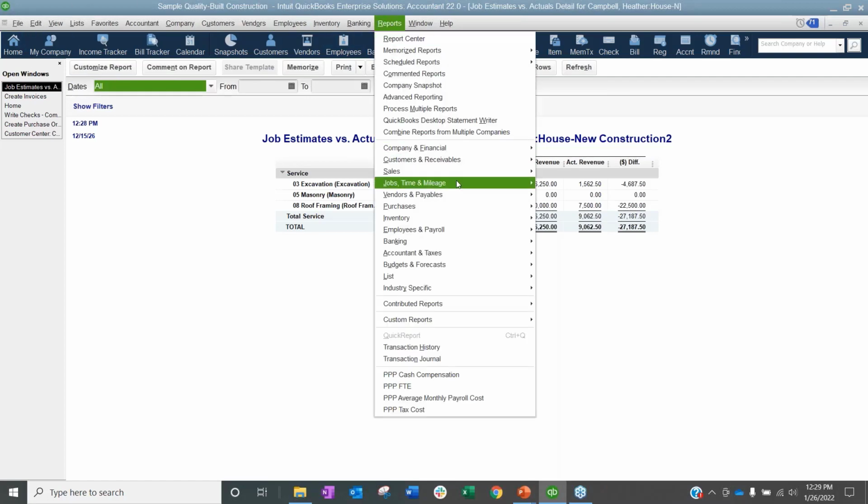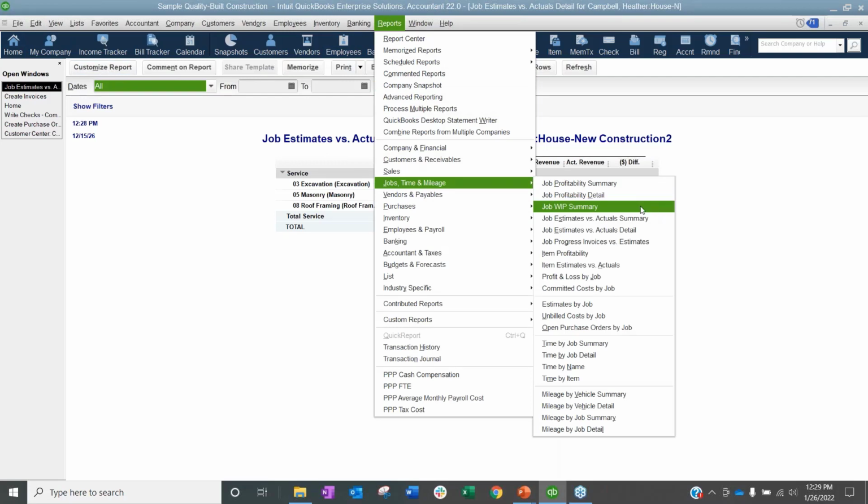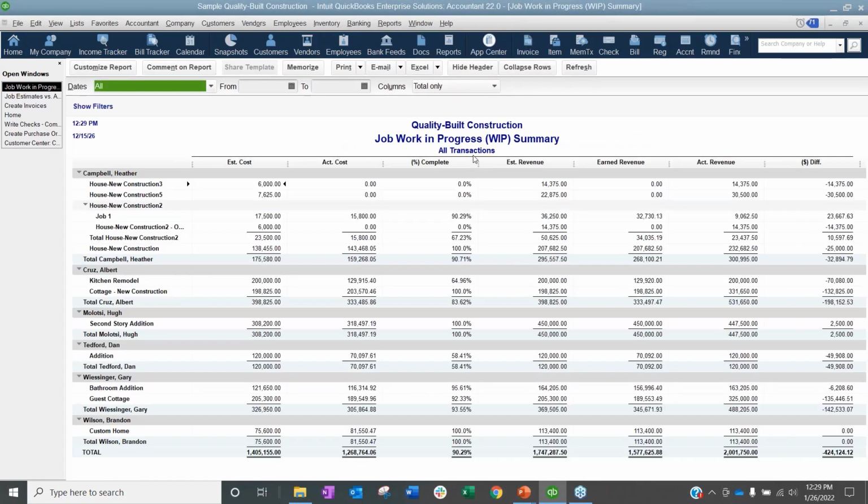The other thing that you have in here, which I didn't talk about yet, but I want to show real quick, is the job WIP summary, which is great because it shows you estimated cost, actual cost, percentage complete, estimated revenue, earned revenue, based on ASC 606, I think. I estimate 17,000 and have actual cost of 15,000, so I'm 90% there on cost. Therefore, I should be recognizing 90.29% of my revenue. So that's my earned revenue,